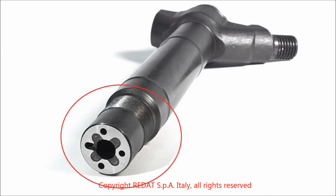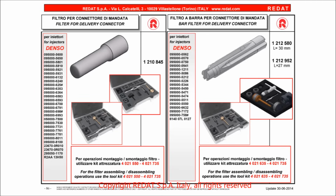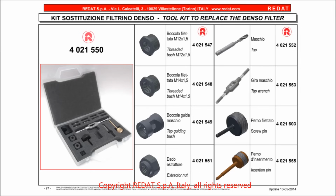Once removed, the nozzle nut is replaced with a new one. Finally, we check that the nozzle and valve seats on the injector body are free of scratches and dents. If the injector is particularly dirty on the inside, it is advisable to replace the fuel supply filter. This operation can be performed with the tools in our